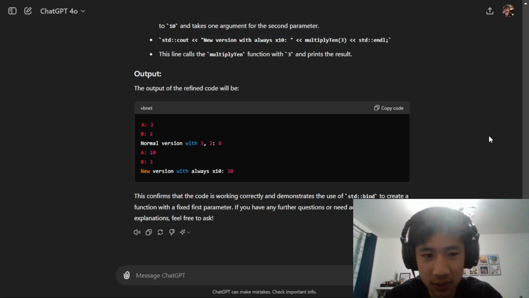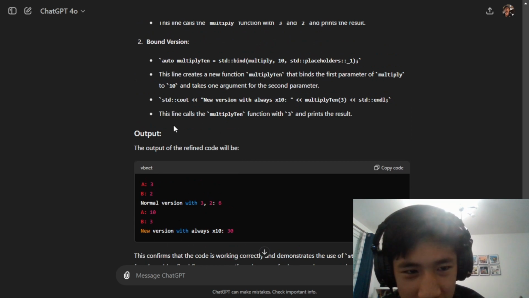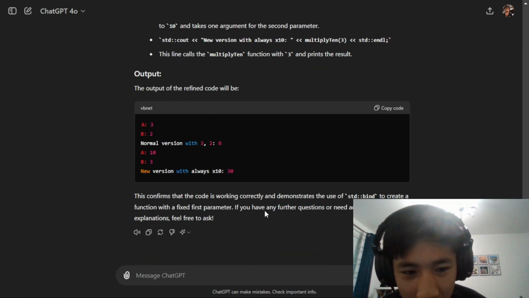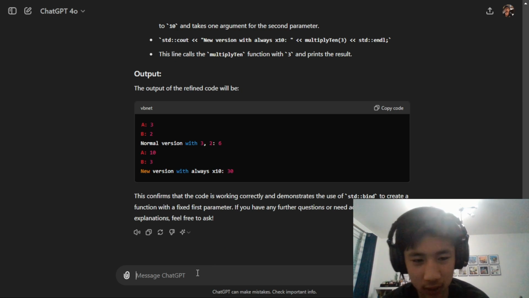If you're new here, I'm trying to learn C++ completely from ChatGPT. Right now I just finished working on lambda functions and how to bind functions, so learning a bit more about the standard library. I really do not know where we're going to go next in the curriculum because ChatGPT is designing it all, but for now I just gotta tell it to take me to the next lesson.